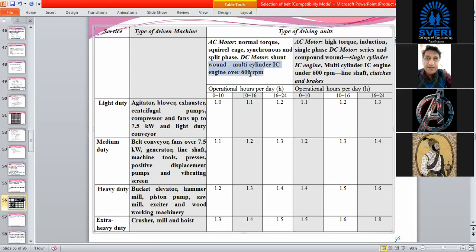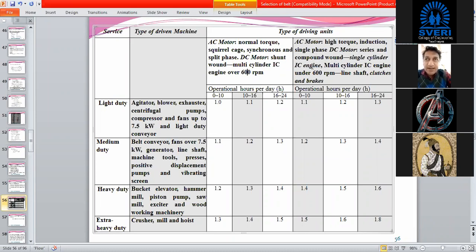Engines over 600 rpm, that is nothing but nowadays low speed engines are not available. Previously they were. Nowadays the engines available have speed more than 600 rpm. Or you are going to use a high torque motor, induction motor in case of AC motor, single phase or single phase DC motor, series and compound wound motors.